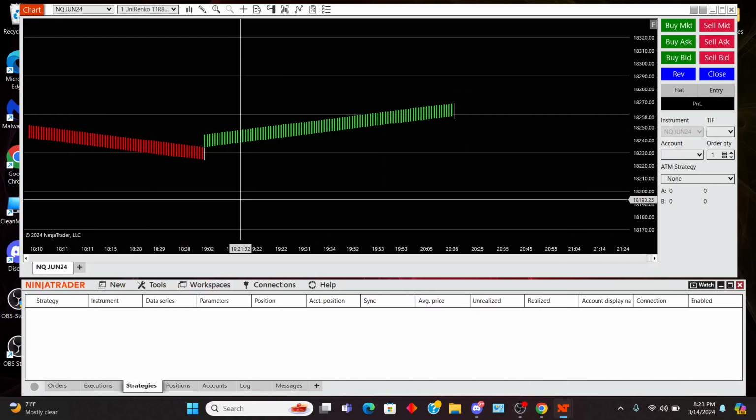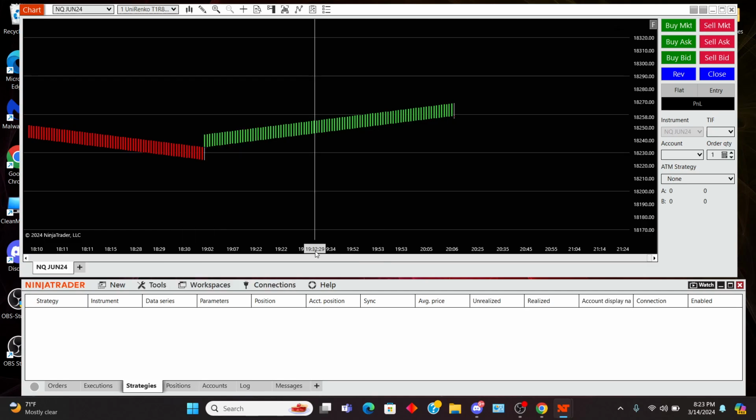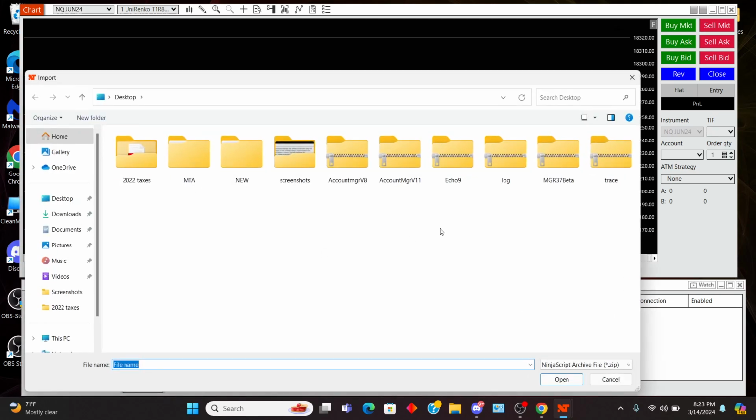This is a quick video on how to upload the files for the Auto Trader and the Trade Copier. Real quick and easy. Just go to Tools, click on Tools, Import, NinjaScript Add-on. Click on that, and then it's going to bring up wherever